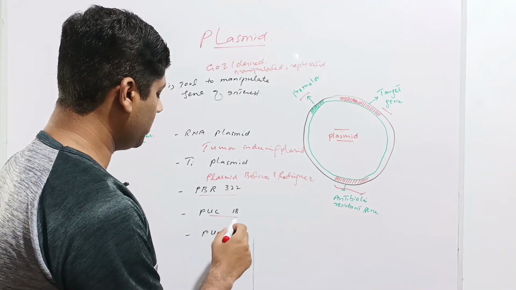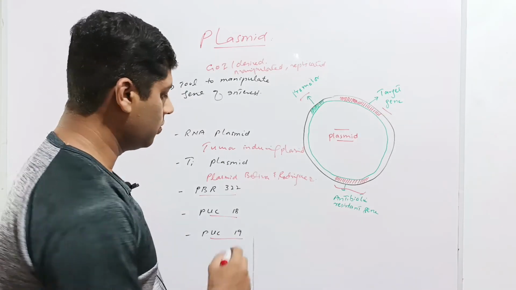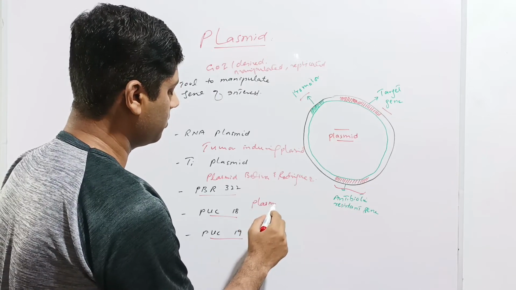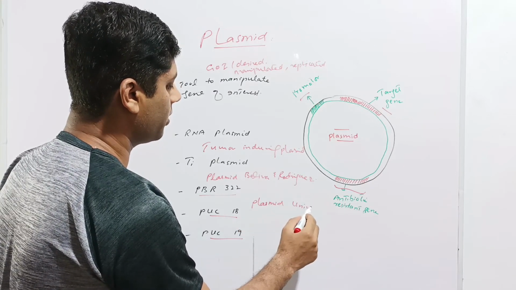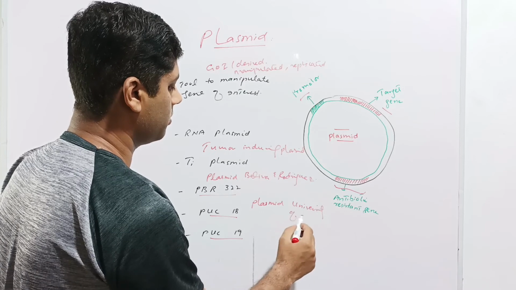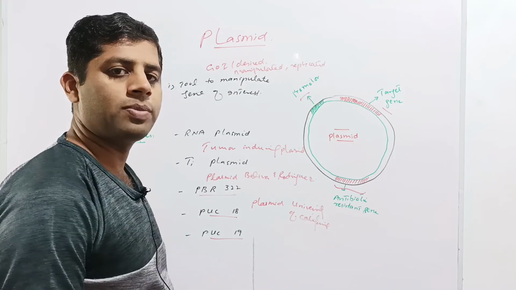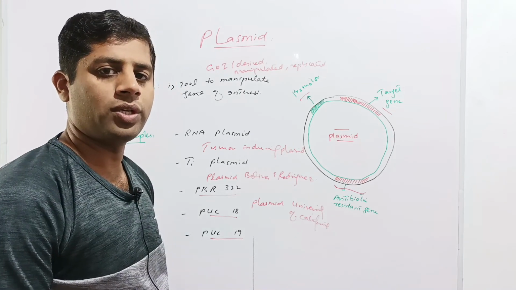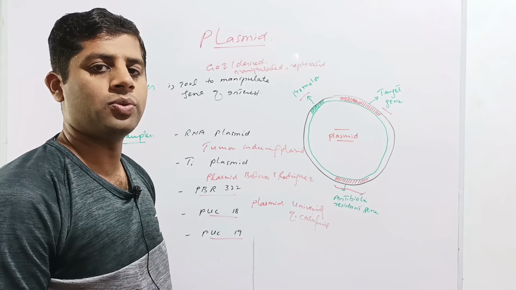Then the plasmids pUC18 and pUC19. pUC means Plasmid University of California, because most of the pUC plasmids were used in the University of California, so these were named after this institute. These were some